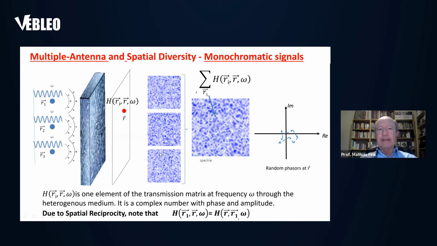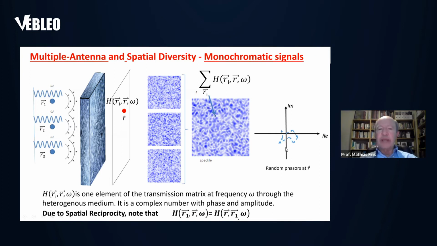completely different pattern. Now, these are the modulus of the field. And when you send with the three antennas together, when you make the addition of all these fields, it's also a complex number. And here we present the modulus, but there is no focusing. You also have a speckled pattern. Why? Because for the point R, the phase that you have coming from R1 is here, the phase coming from R2 is here, and the phases are completely incoherent.